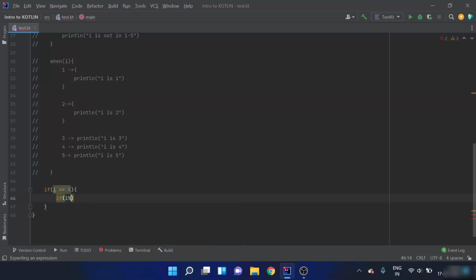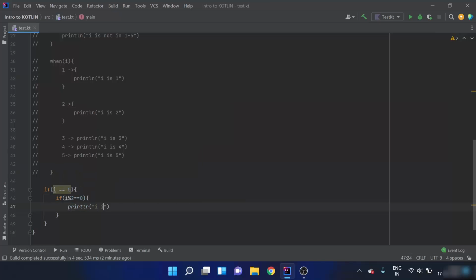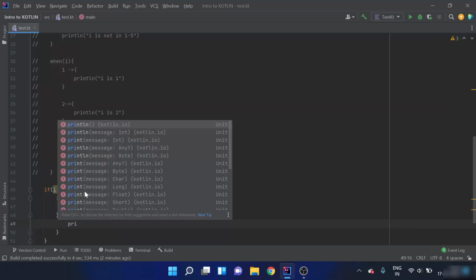So if i divided by 2 is 0, then i is even, so I have to println that i is 5 and even. I can just do that also, but as I mentioned, using an else statement is good practice. So else println